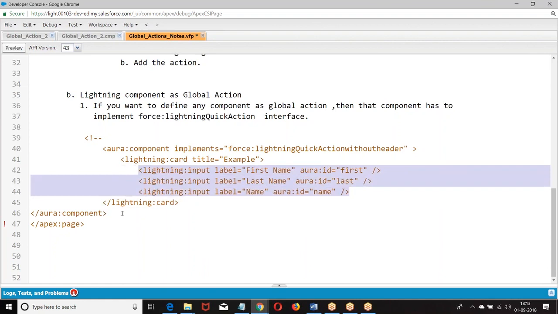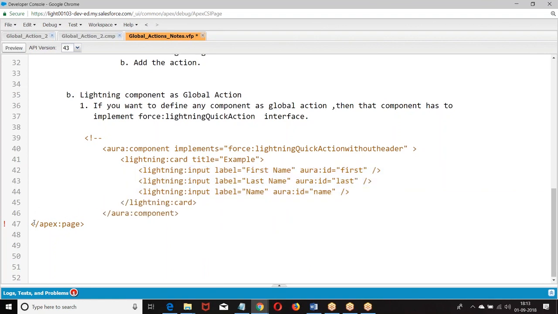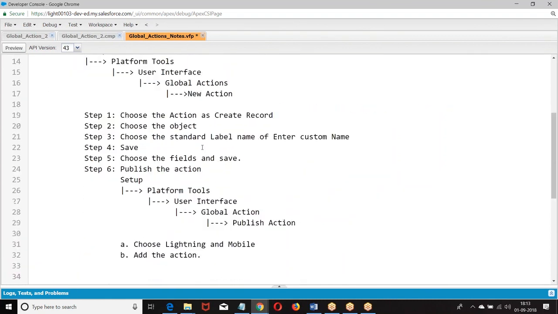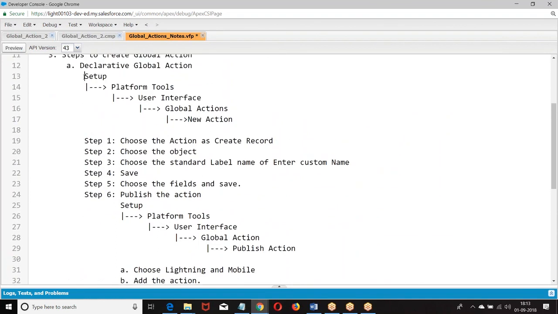This is how I have created it. So if you want to create any action, client side actions or anything, it's your choice. You can define it. Right, boss? Then how to add it? If you want to add it, the same procedure should be done. Once you create this, adding the action will be the same procedure.